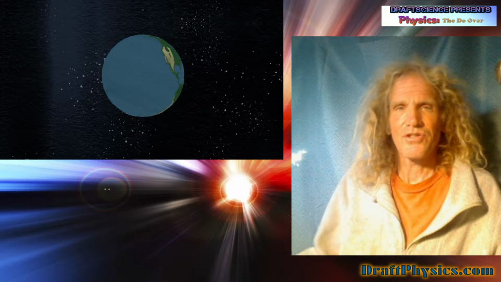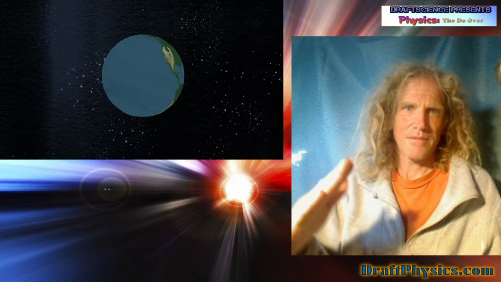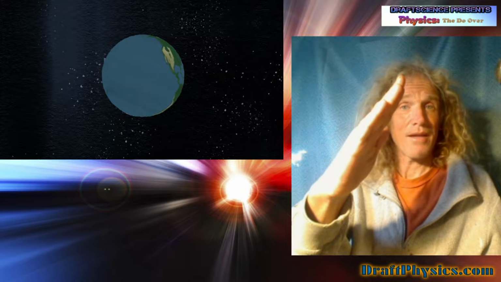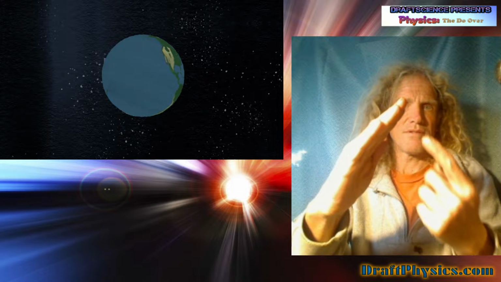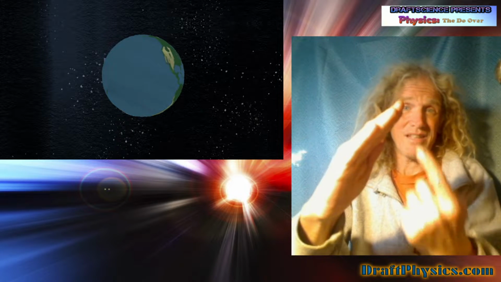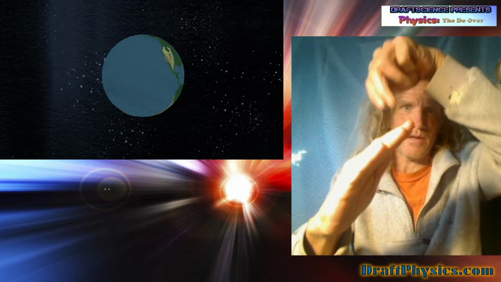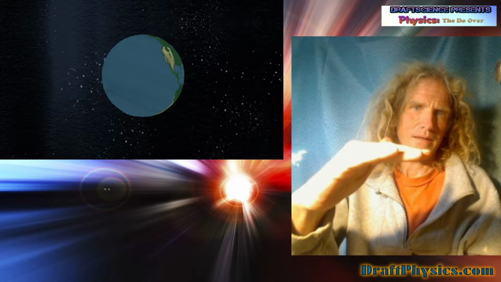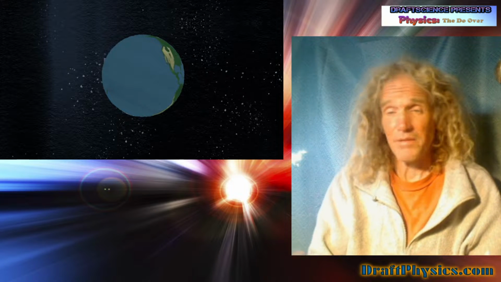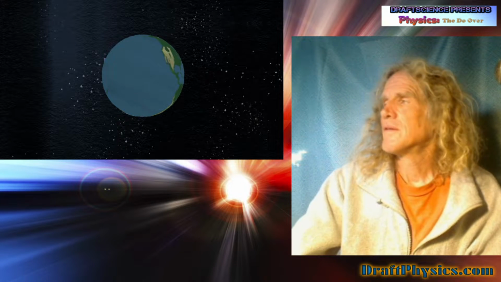See, it'd just be good if they just showed that in the simple sense, and that the space station's traveling a straight path with its velocity, but it's getting hit by this absence of force. So, because there's less force hitting it this way and more force hitting it this way, because the Earth has absorbed that energy, its path gets bent and bent and bent. But it keeps going straight.